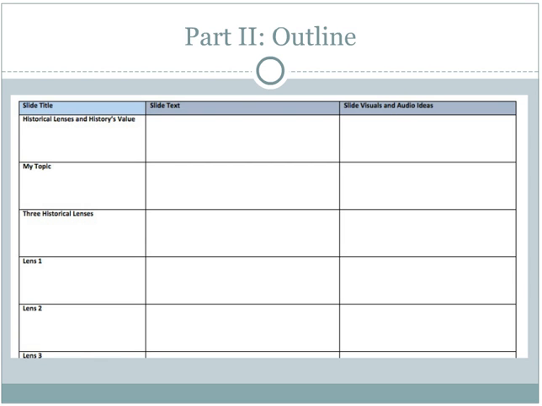Historical lenses and history's value. So that's where you're discussing what you showed in the beginning with the different historical lenses. A description of your topic, 3 historical lenses. You're going to want to go through the Project 3 rubric and also look at the examples that I'm going to put in the learning community to decide. So slide text, you're literally going to copy and paste, like, this is what I would like to have on that slide. Slide visuals and audio ideas are just, I would like to put in this picture, or perhaps there is, for example, the news report from this period, so I would like to include that link in my slide so we could play